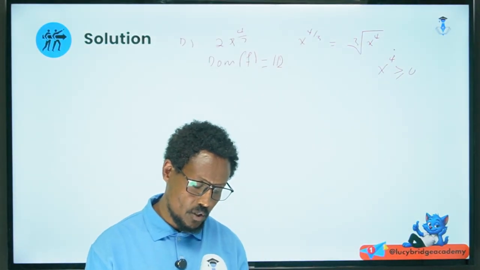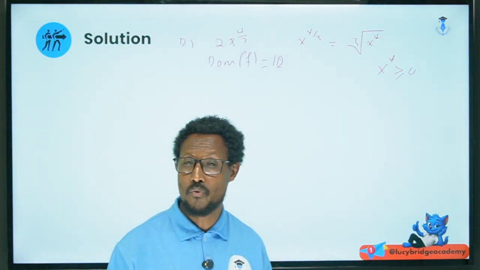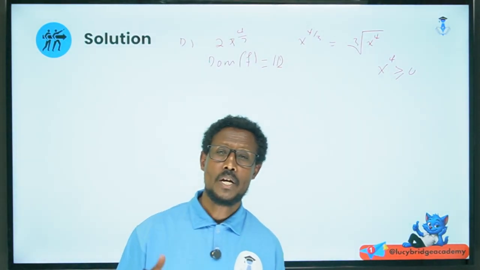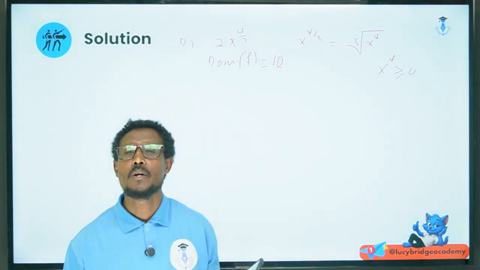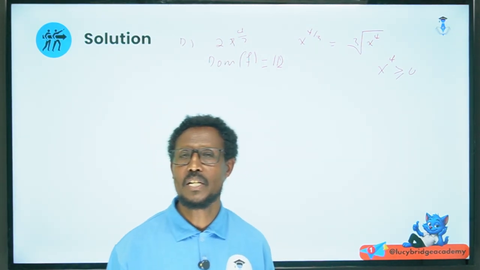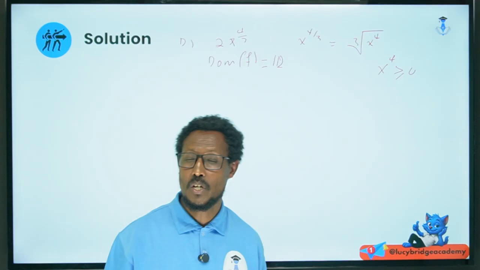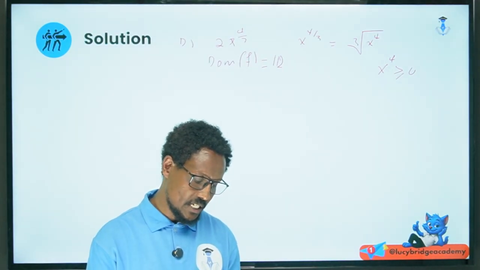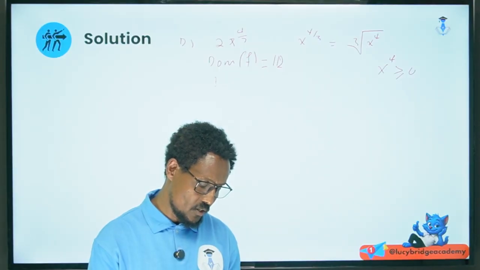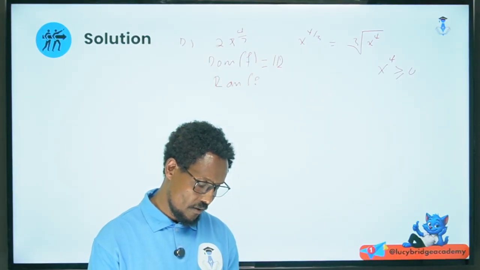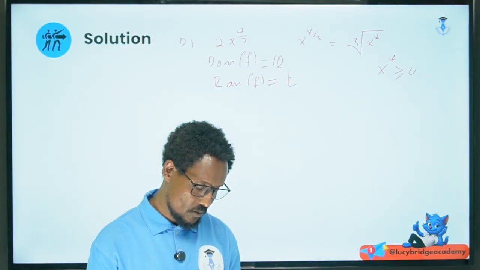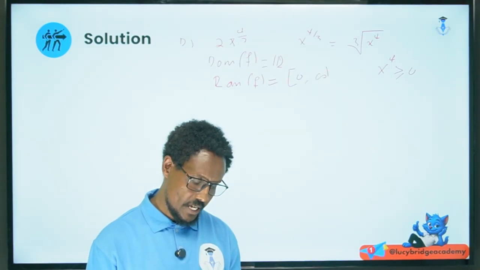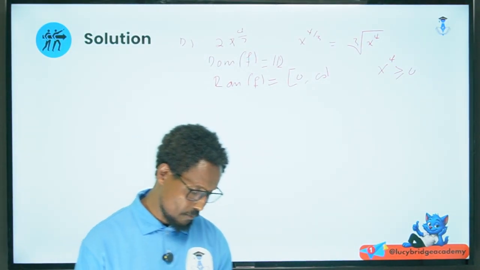so ይሄ ቁጥር ሁሉ ጊዜ x the power of 4, x the power of 2, x the power of 6, exponent 2 even በሚሆንበት ጊዜ ሁሉ ጊዜ x the power of even number is greater than or equal to 0 እና ከ0 የሚበልጥ ቁጥር ነው የሚሆነው። that means the range is greater than or equal to 0, right? Range of f is equal to greater than or equal to 0 እና ከ0 የሚበልጥ ቁጥር ነው የሚሆነው ማለት ነው።